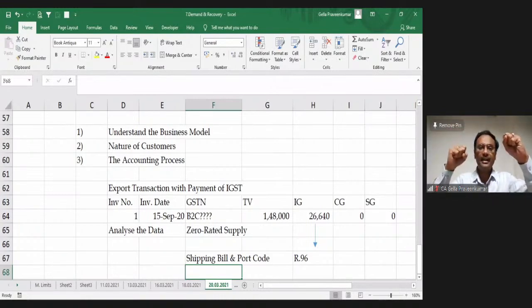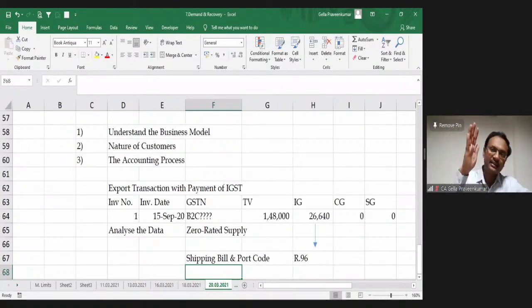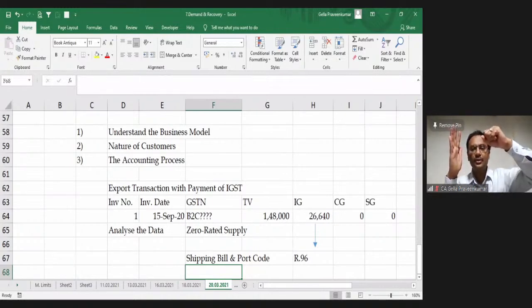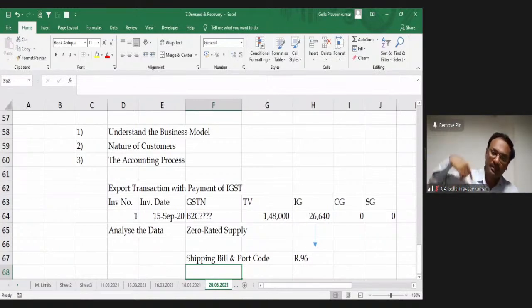my GSTR1 and 3B don't talk to each other, don't meet each other. At the same time, the ICEGATE portal shows that there is a shipping bill with payment of 26,000. My GSTR1 says zero. There is a push-pull; when communication is established, my GSTR1 says zero and my customs portal says 26,000. Because there is a mismatch, my refund will not be processed. Now, it is very impossible for me to travel to my customs authority or GST authority, explain these things, open up my portal, rectify, and then get a refund.